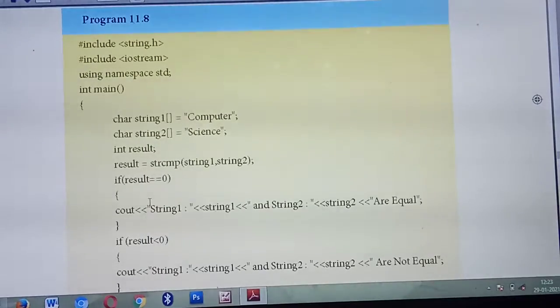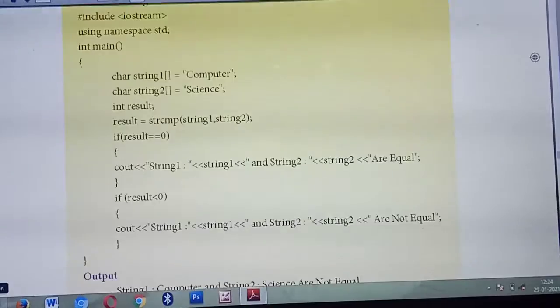For that they are giving the condition. The 3 conditions you have already studied. What are they? If result double equal to 0, that is, if both the strings are the same, you get the answer equal. If the result is less than 0, you get the answer not equal.